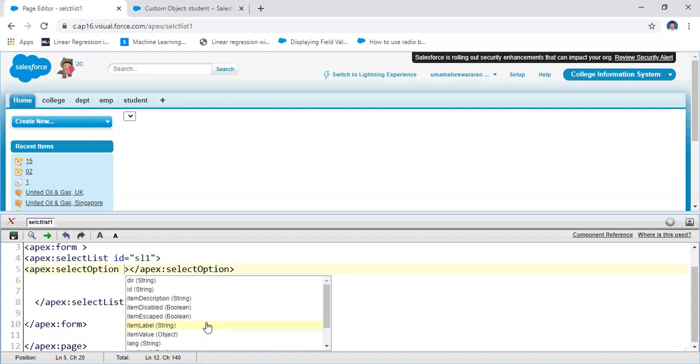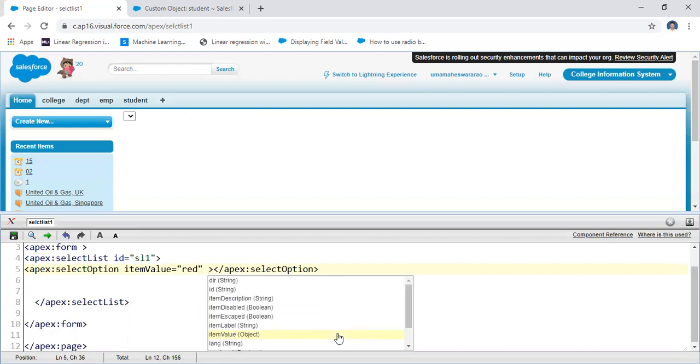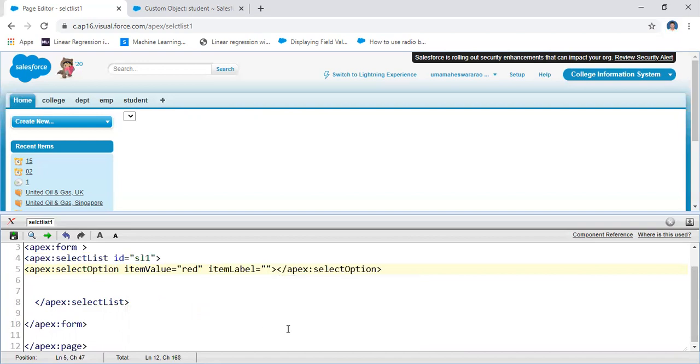The attributes for the select option are item description, item label, and item value. I am taking the item value. Let us take red as one item value, and then the item label. Let us assume the label, that is the representation, is red. Here if you execute this one,